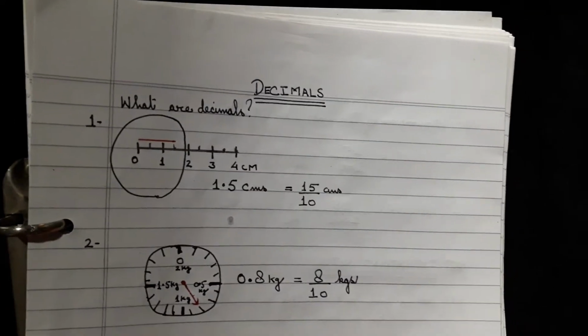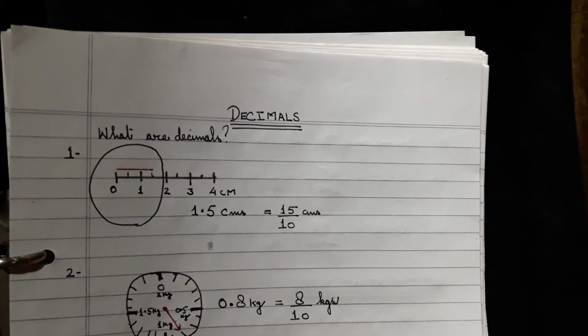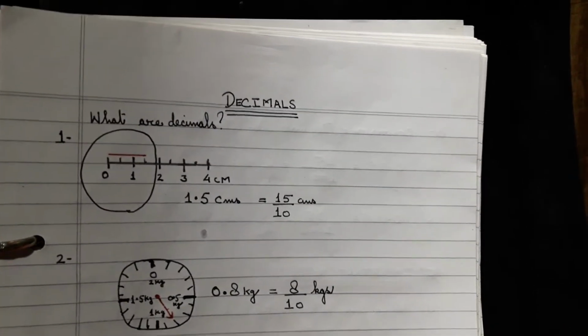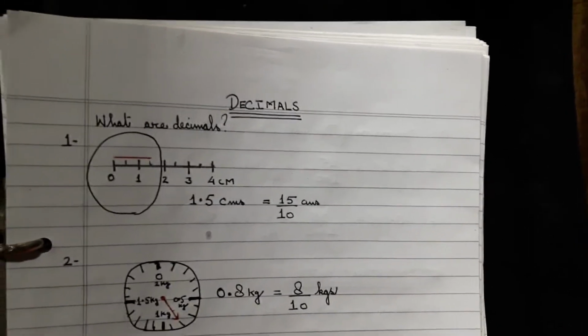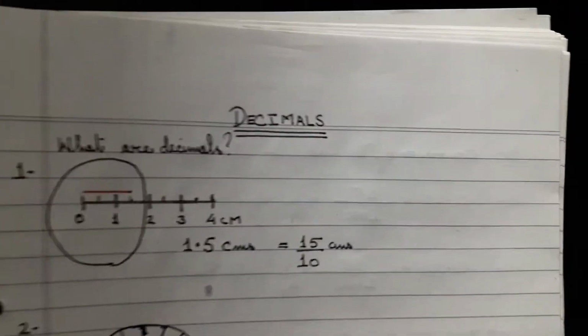What are decimals? Decimals mean anything which is divided by 10 or the powers of 10. They are fractions where the denominator is always a power of 10. So it could be 10, 100 or something like that, or thousands, right? So for example, if you look here,